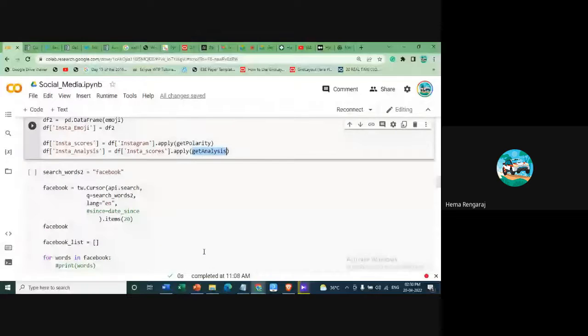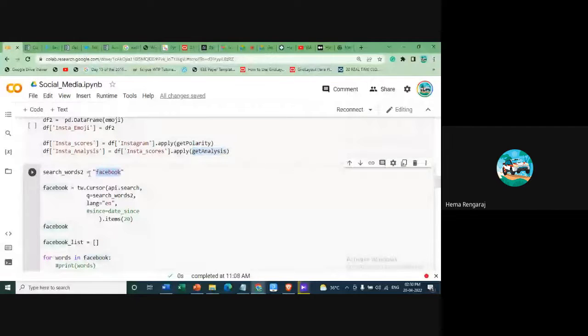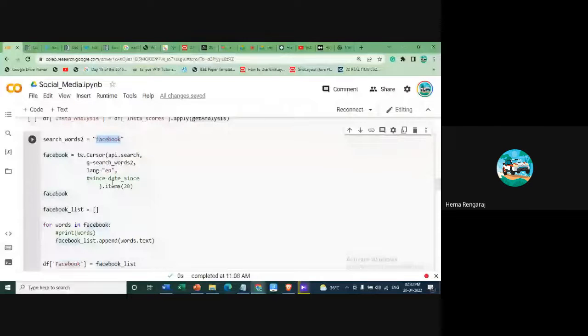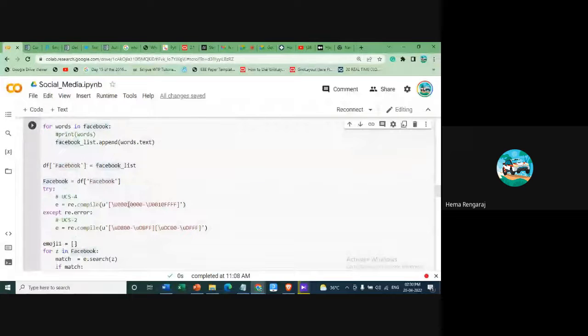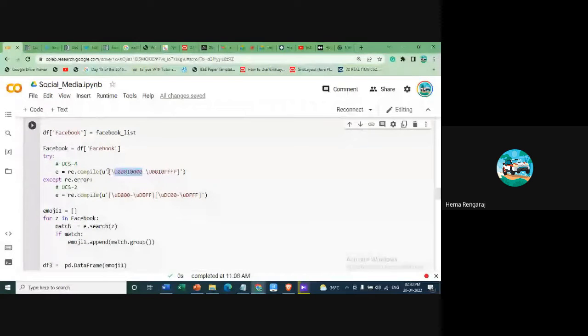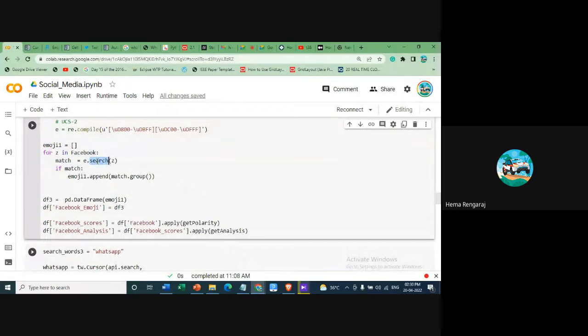And the third module is Facebook. Likewise, the Facebook also is going to do the same things. We are going to append the text, and we are going to convert the emojis into some Unicode format, that is, convert them to a string. Then only can you do some pattern matching with them, and then you have to search whether it is good or bad, or whether those particular words are there in your text or not, and then we append them with a match group. This match group will match whether your text comes under positive, negative or neutral. Then you have to call the two functions, get polarity and get analysis.